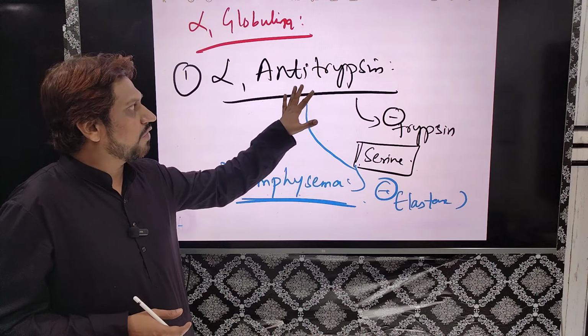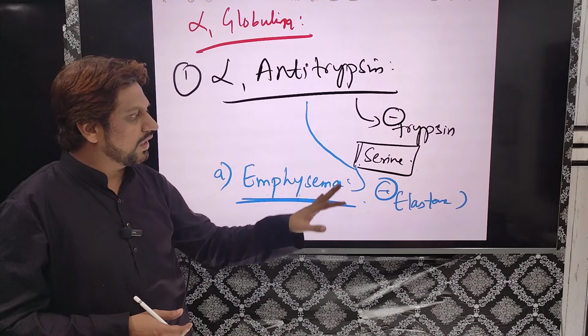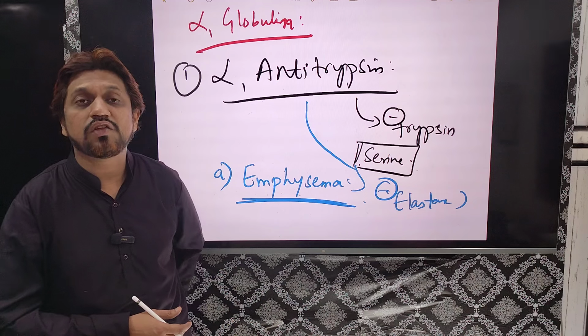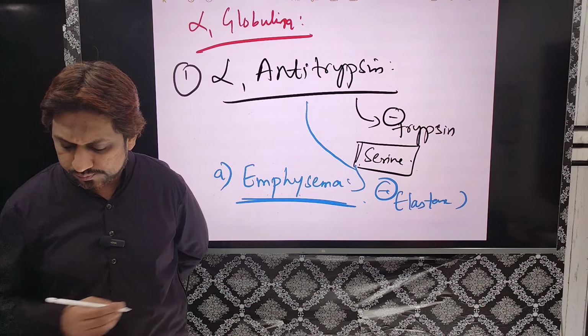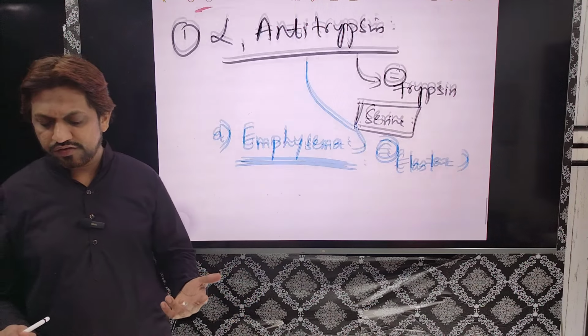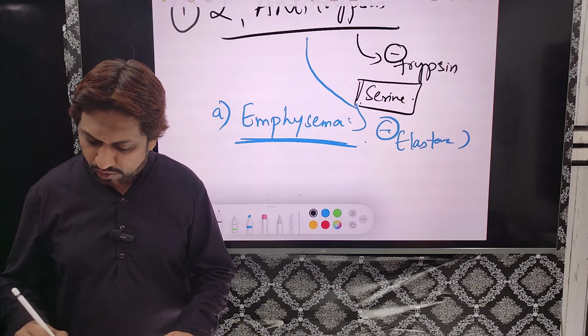Right now, remember that alpha 1 antitrypsin, which is an alpha 1 globulin, when deficient, will lead to emphysema. Similarly, there is one more disease, alpha 1 antitrypsin liver disease. Again, that also has the same mechanism. Now, the second important